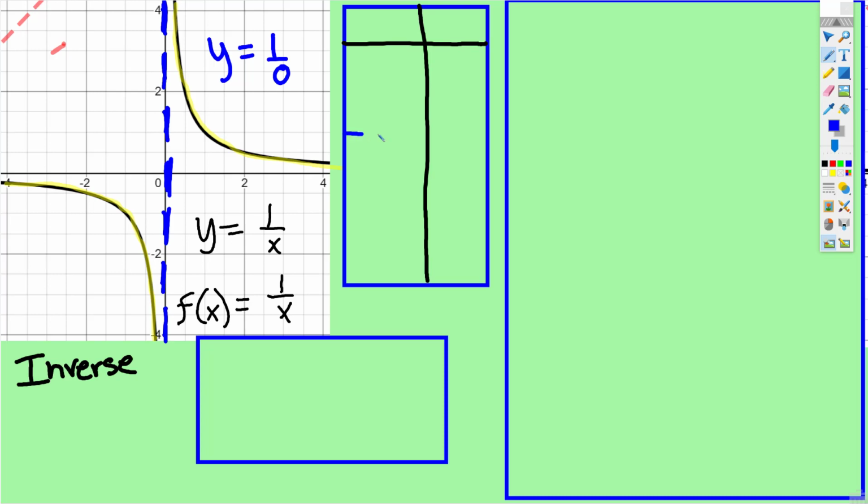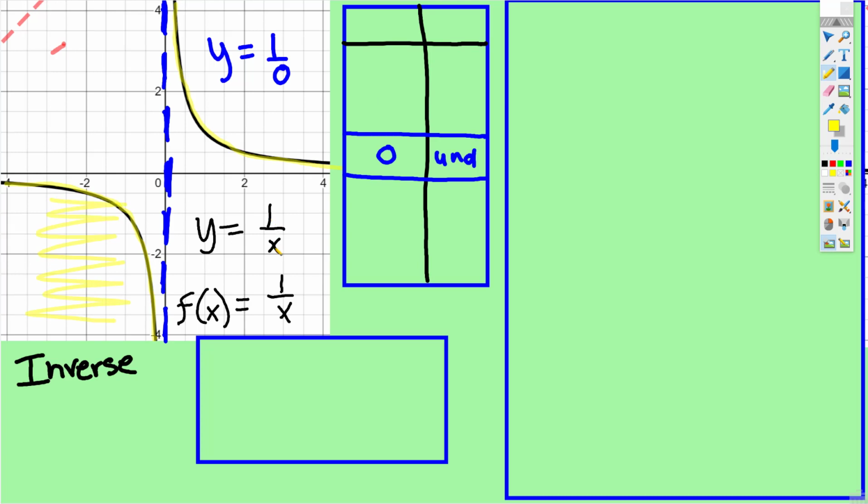Every time something is undefined in an equation, there's an asymptote. If something zeroes out the denominator, it creates an asymptote on the graph. So in this case, when x is 0, the y is undefined, creating a vertical asymptote. And then you can choose a bunch of other values to the left of 0, and they will all be down here,